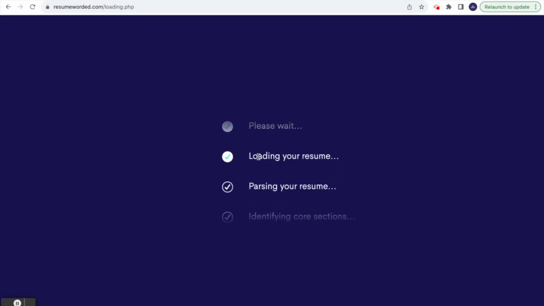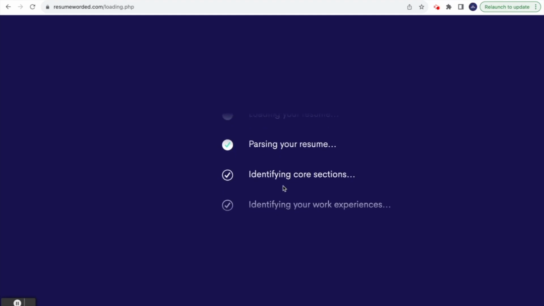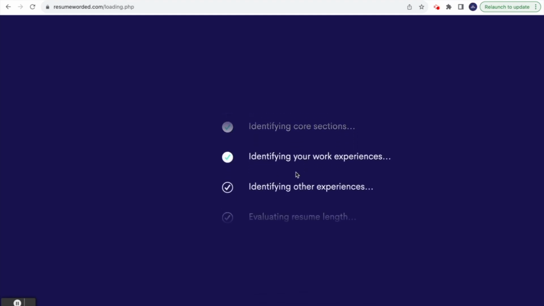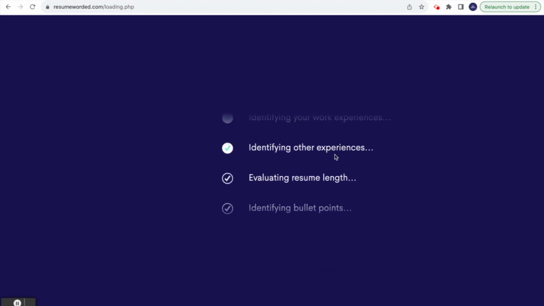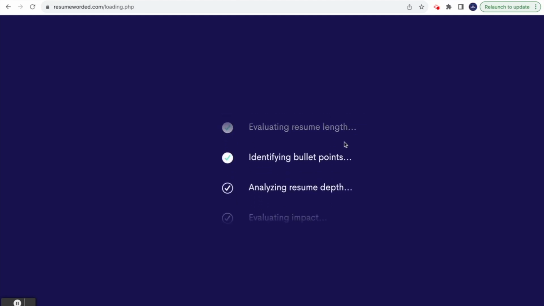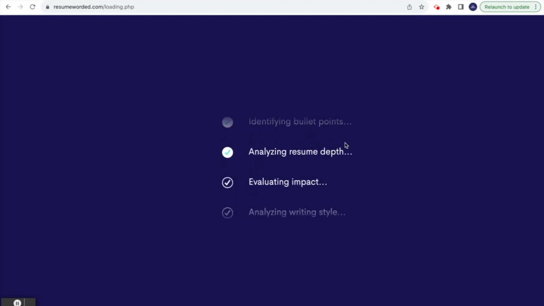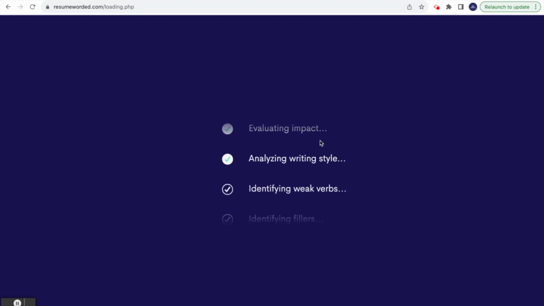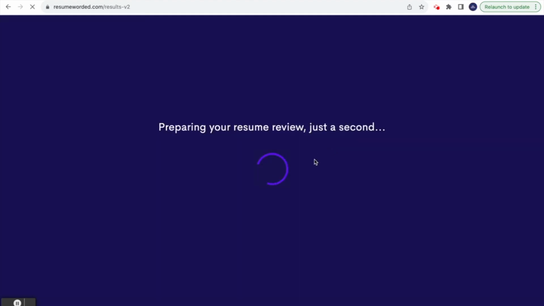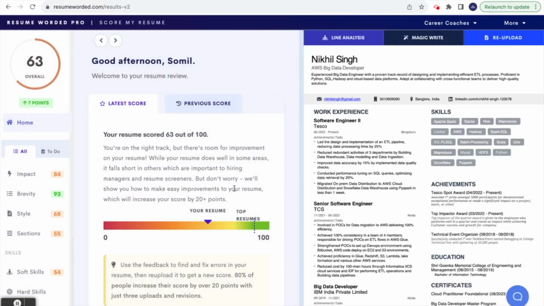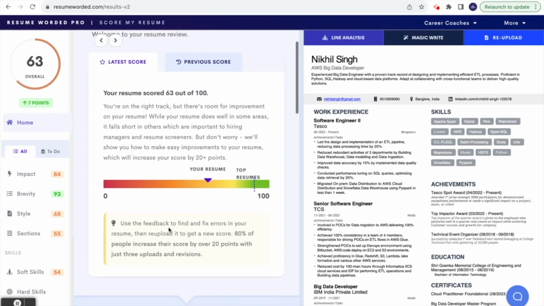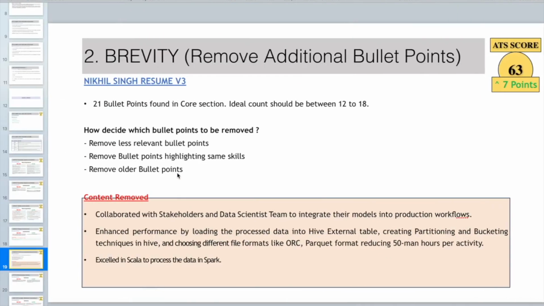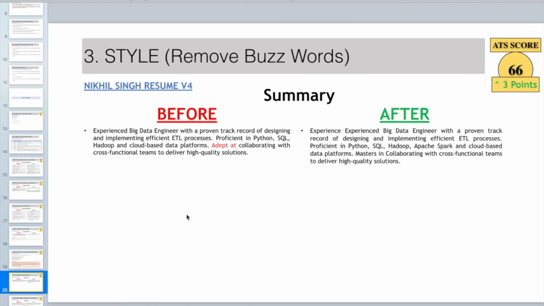Right? You can see loading a resume, parsing a resume, identifying core sections, that means structuring, work experiences, it is checking, other experiences, evaluating resume length, identifying bullet points, resume depth, impact, analyzing writing style, weak verbs, all of that. And you can see score has gone up by 7 points. Right? Okay. So now next what? Brevity, we have done something good. That's nice. After this, in style,